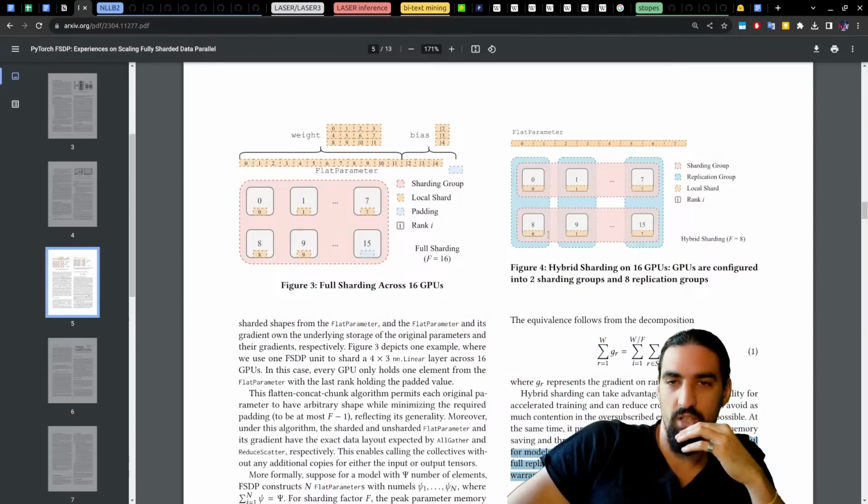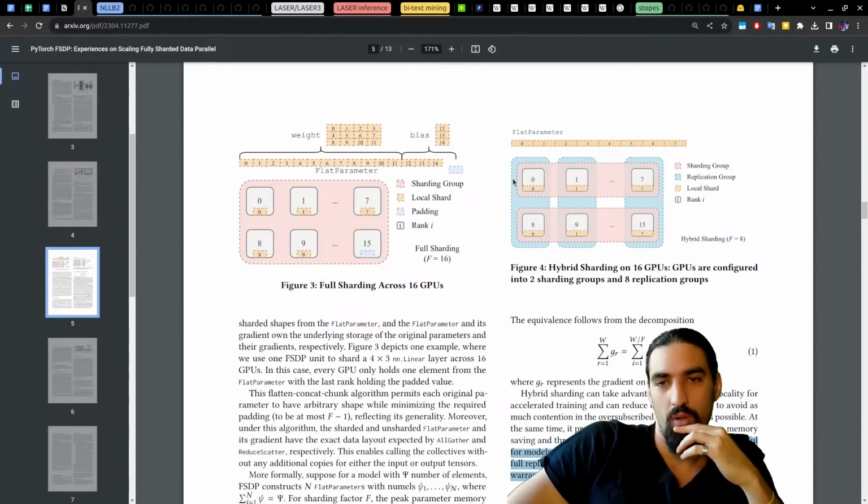So you have 2 devices here, like 2 GPUs. Each of them has half the parameters, but each of them has the same sub batch. So you do the reduce scatter across them. You do a forward pass using that sub batch. And then once you have that, you can do the all reduce with the other replication groups, because you get the valid gradients for this sub batch, and then you need to synchronize across the different replication groups.